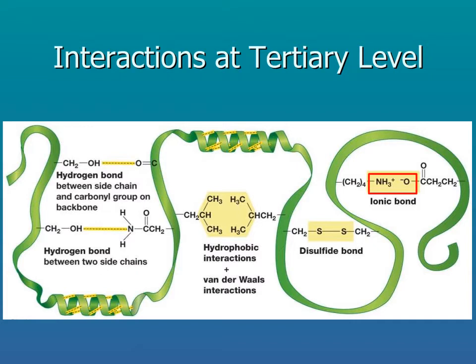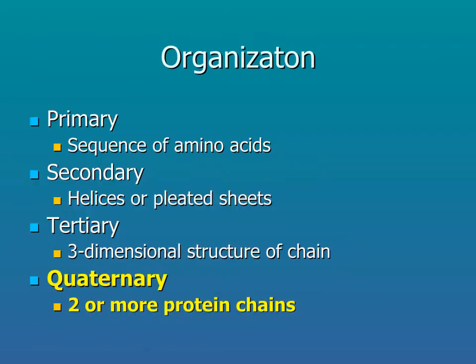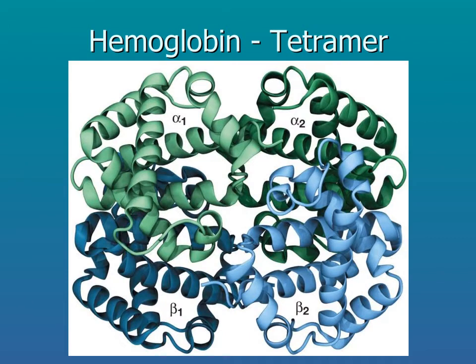All these interactions fold the polypeptide chain into an intricate 3-dimensional shape. If the protein only consists of one chain, we can call the structure a protein at this state. But many proteins consist of more than one polypeptide chain, so they have a quaternary structure. Hemoglobin, the molecular complex that carries oxygen in red blood cells, has a quaternary structure. It consists of 4 polypeptide chains, 2 alpha chains, and 2 beta chains. This forms the perfect shape to hold iron, which is what oxygen binds to.